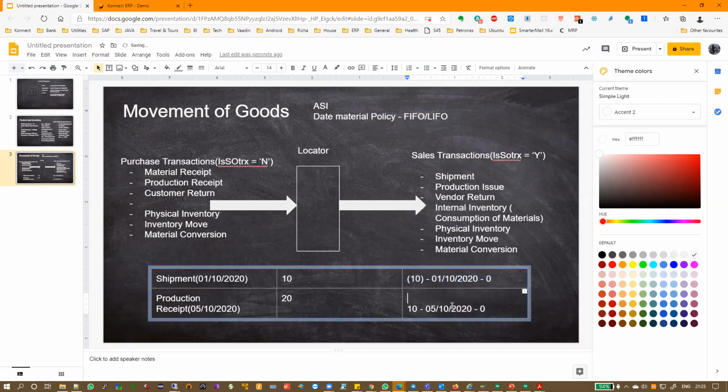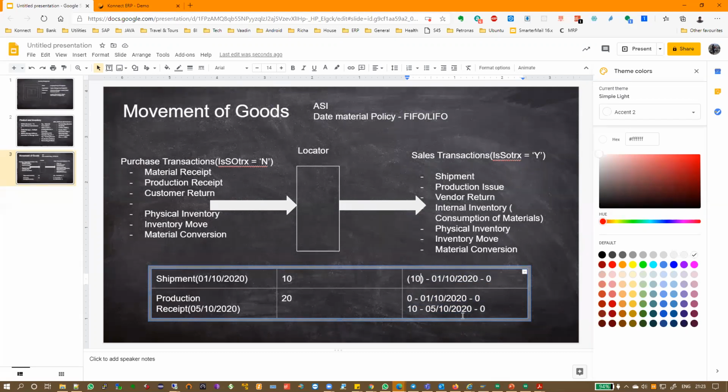The system will update the first record. It will make it 0 and put it like this. So instead of one record, now it has become 2 records, whereby this 20 offsets this 10 and then becomes like this.